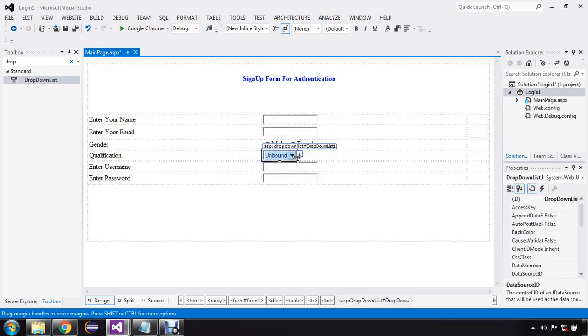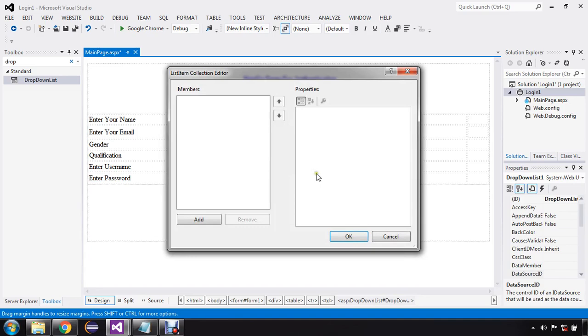Now I want to populate this drop down list. In order to populate this drop down list, you have to click on this arrow. Then select edit items. In order to add items in a drop down list, just select this add button, and specify the name which you want to add. Let's say I want to add 10th. I want some more items, so click on add.